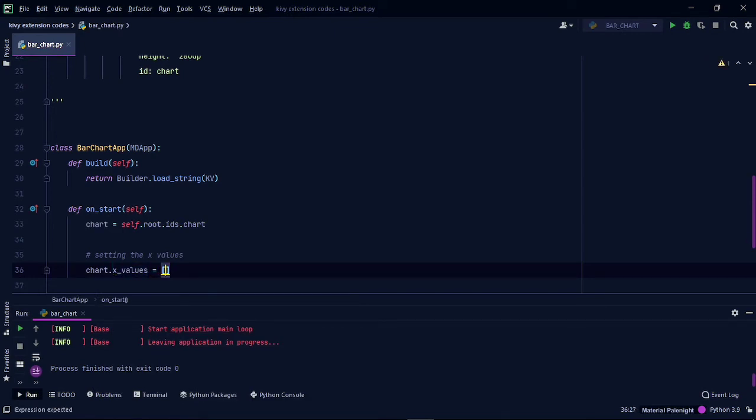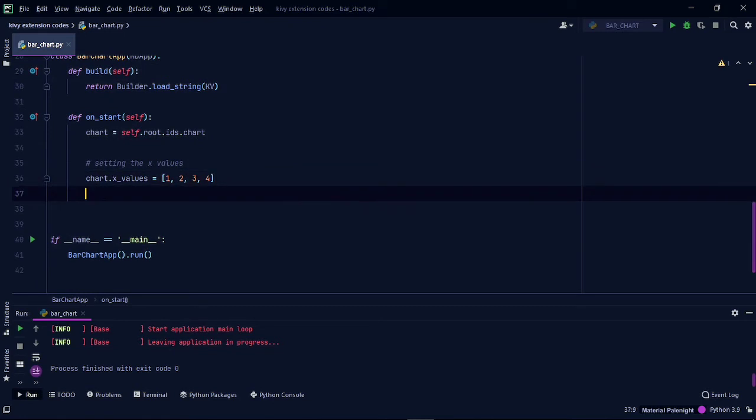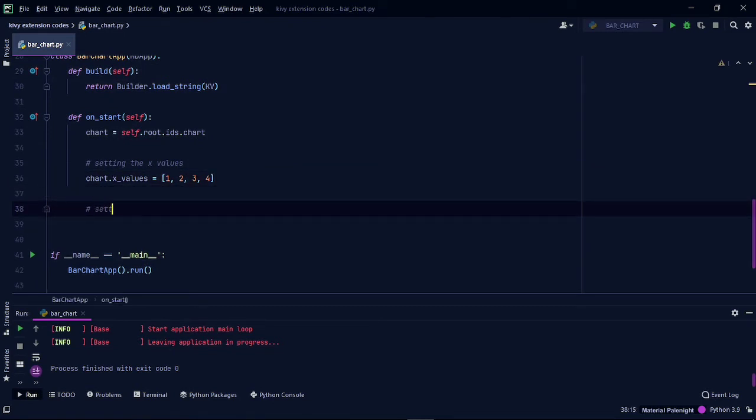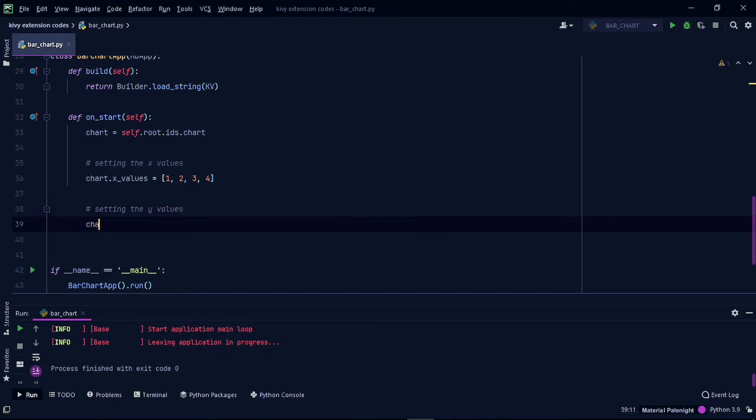This is going to be a list of integers. Similarly, we can set the y values of the bar chart using chart.y_values and give it a list of integers.